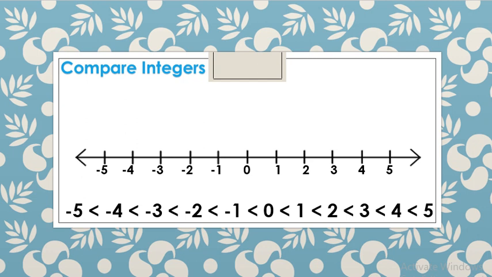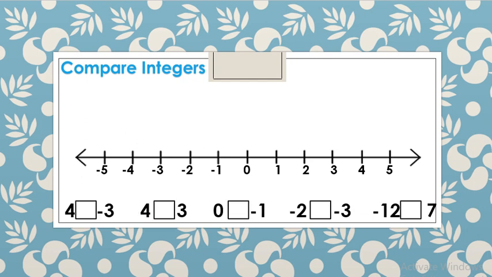So the numbers which are on the immediate right just by 1, they are greater, okay? And it's true in the sense for negative numbers as well. So here let us see in this example, let us compare the positive numbers, 0 and negative numbers. Here you can see first example we have 4 and -3. The number which is on the right on the number line is greater than the number which is on the left. So here you can see 4 and -3.